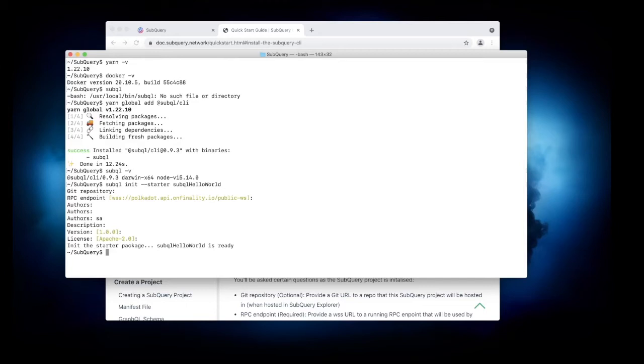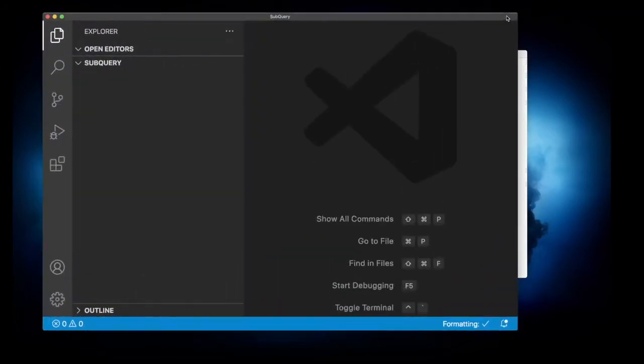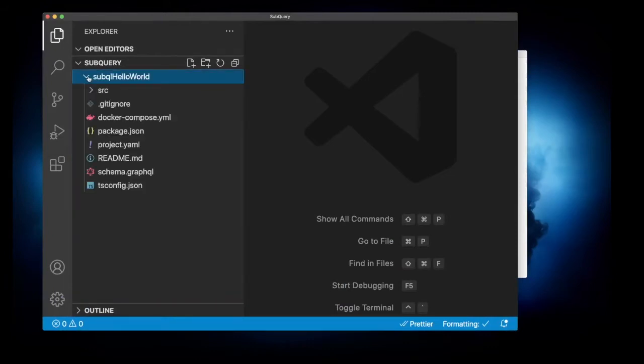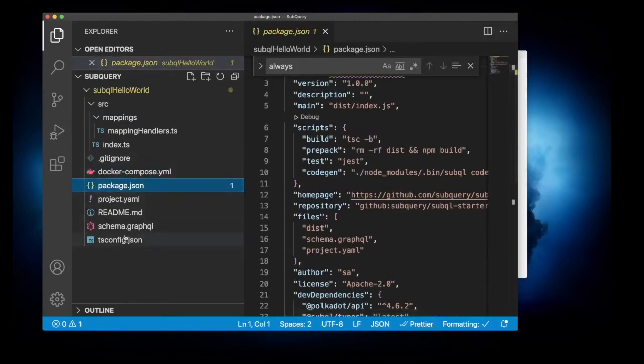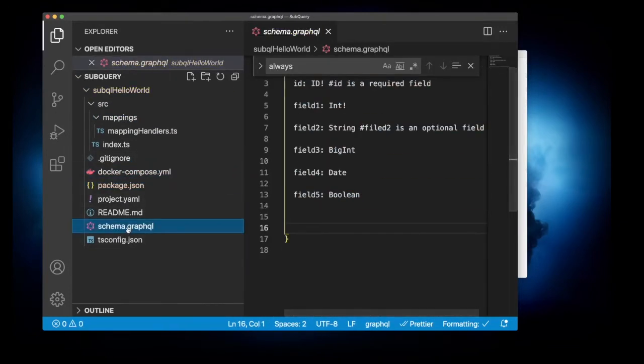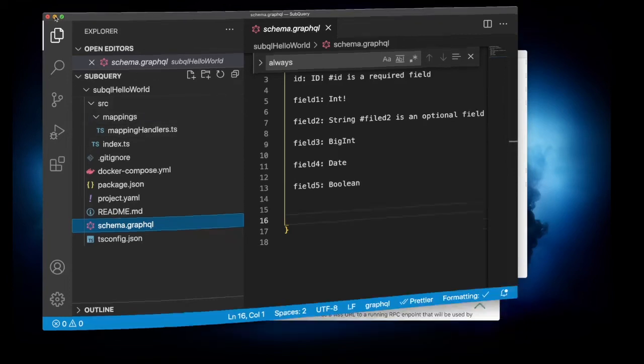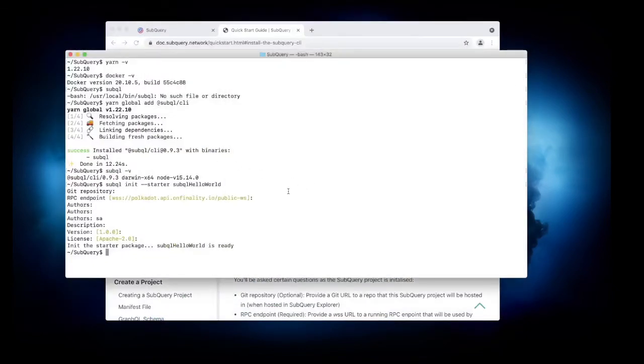Now what has this done? Well, if I go ahead and look at the folder in Visual Studio Code, you can see that it's created a source folder. There are some mapping files in here. There's a Docker Compose, a package.json, and even a schema.graphql. So this is all provided out of the box with some sample code which we'll get up and running in this very quick example. So let's first cd into the Subquery folder like this, and the first thing we'll do,